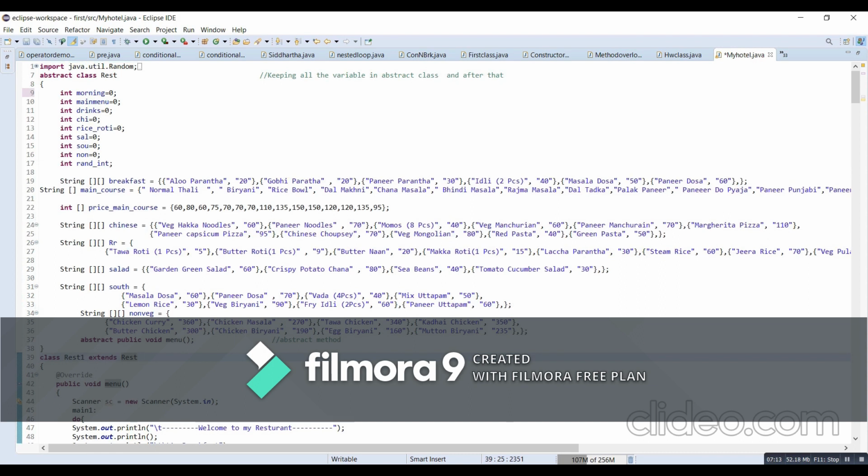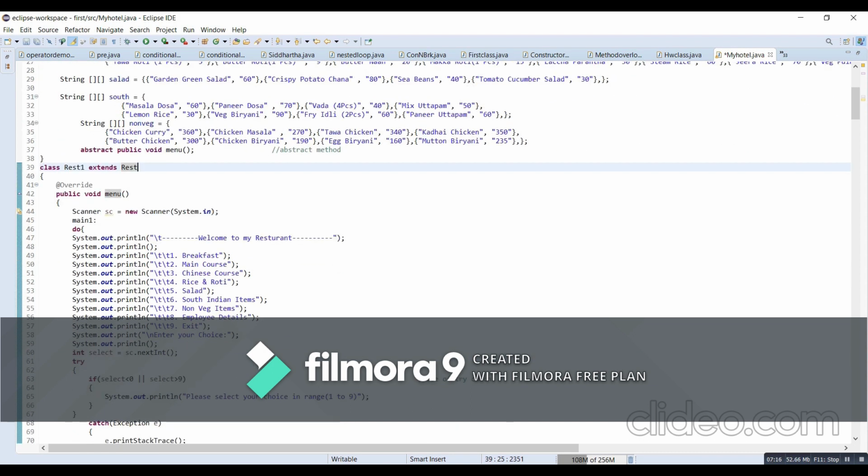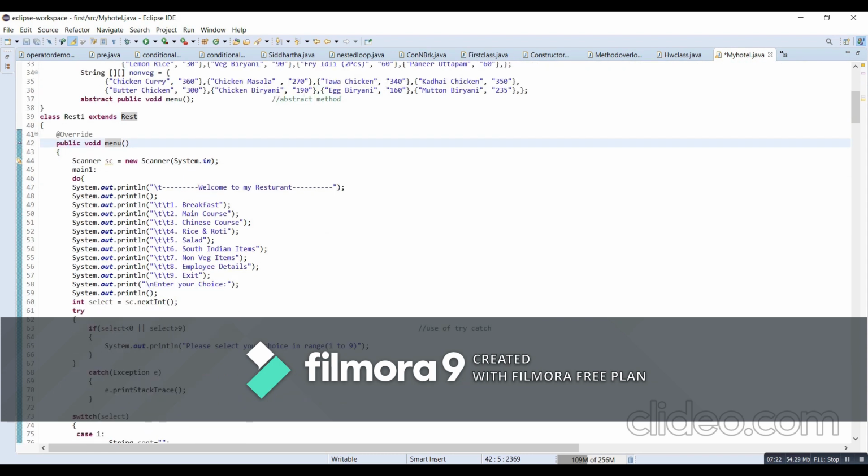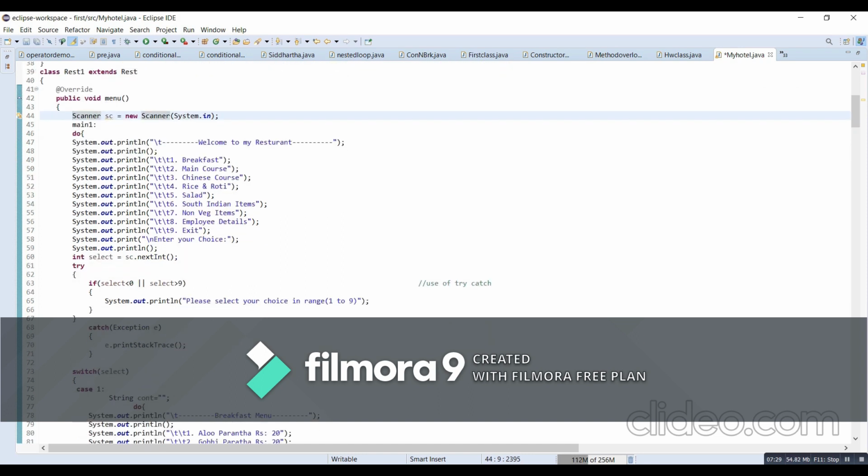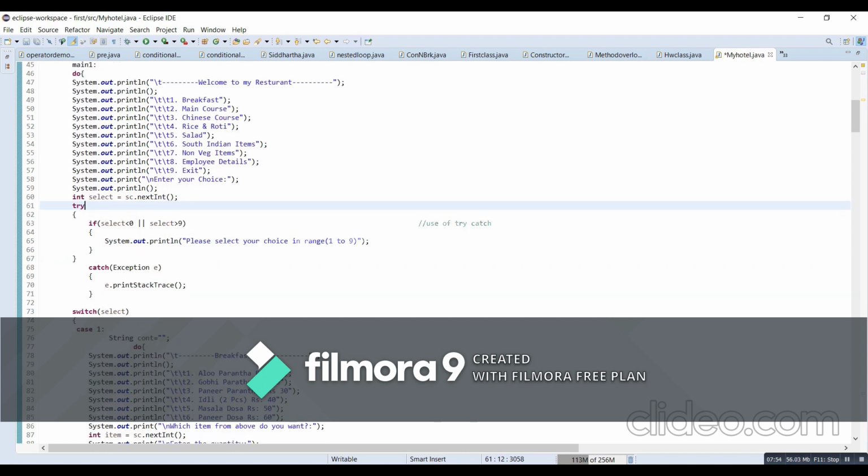So I have created a method called public void menu. In that method I have taken input, as a scanner class is used for taking the input from the user. So I have taken a scanner class here, and I am doing these things whatever my condition is. As we know, if your condition is false also, then the do while loop executes one time. No matter whatever your condition is, it will execute one time. But if your condition is true, then the number of times you have specified, it will occur that many times only.